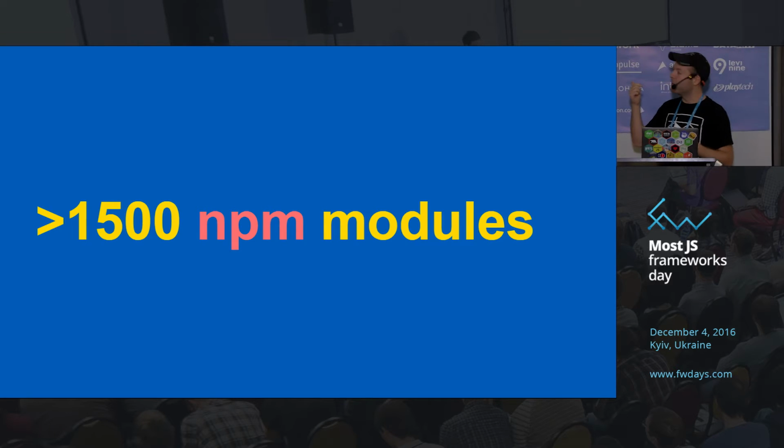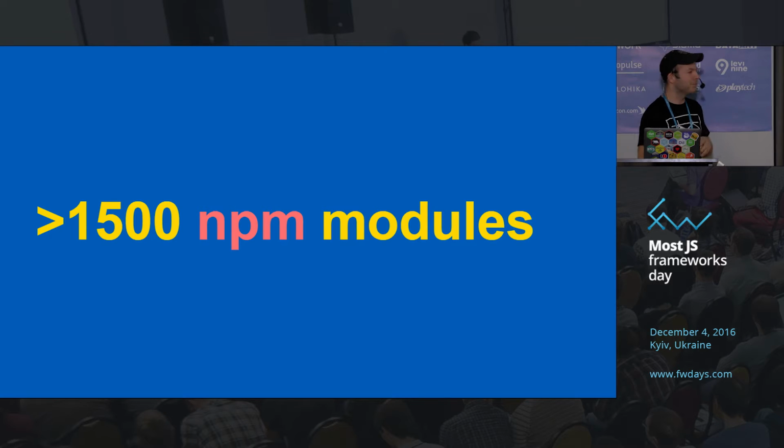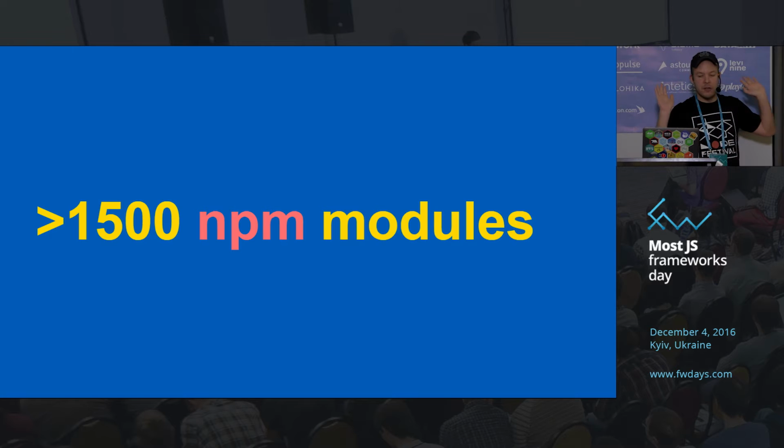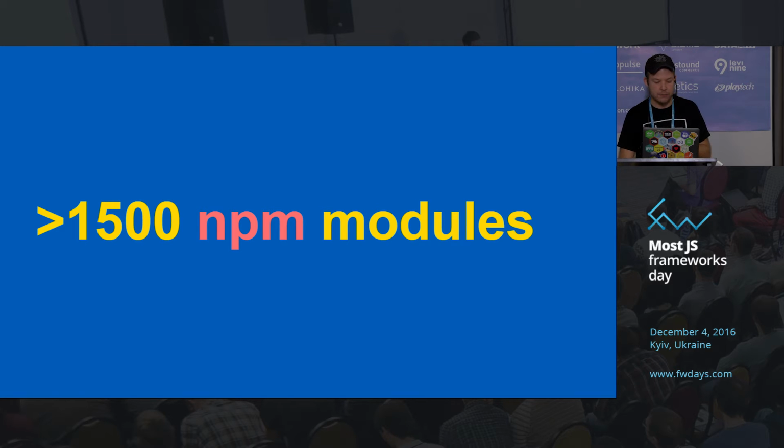So 1,500 means that, I think there's like 400,000 now on NPM. So if you ever installed like 300 modules, there's probably a chance that one of them is ours. So that's cool. So yeah, you should contribute or star something. I don't know, it's fine. Yeah, also cool fact, we don't have any ops people. We're all just hackers.